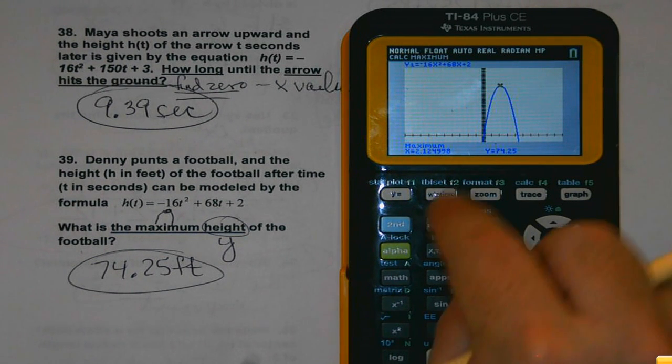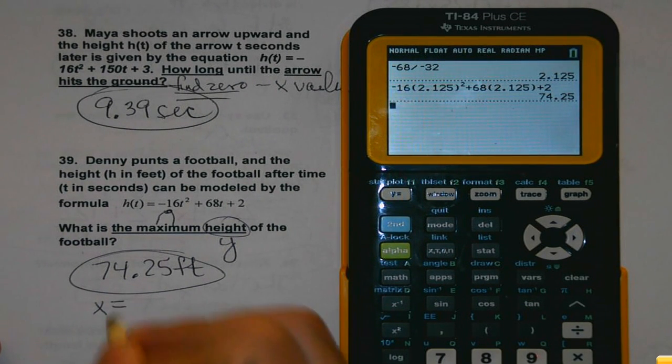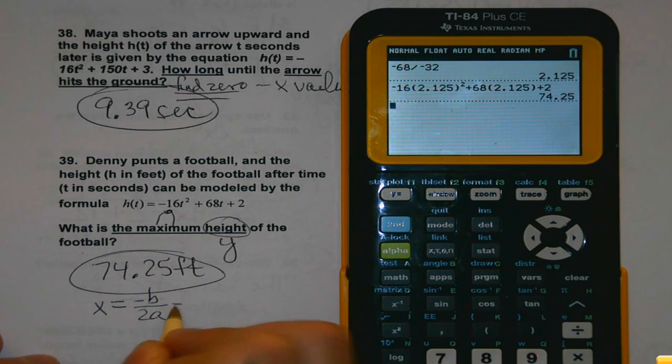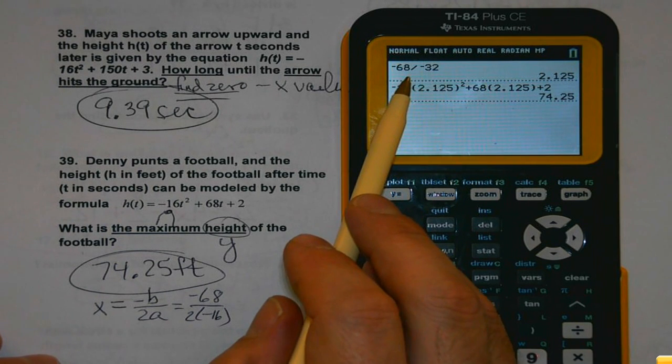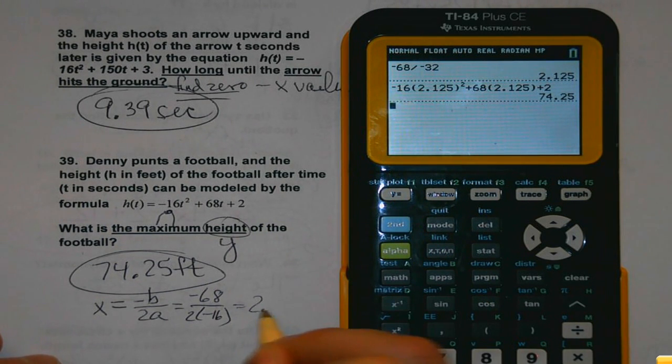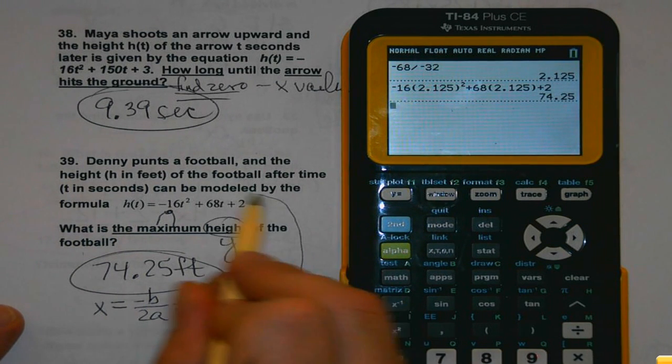Now you're like, okay, what if I don't like doing all this window stuff? Is there a way I could get it another way? There is, and here's your other option. Okay. You could find the x value of your vertex, which is what a maximum is, your negative b over 2a. Negative 68 over 2 times negative 16, which I actually just did right here. But then you're like, well, that doesn't equal this. No, but if I take that value and plug it back in